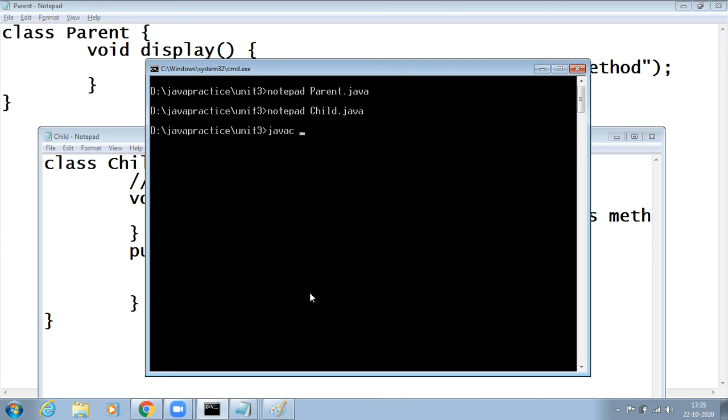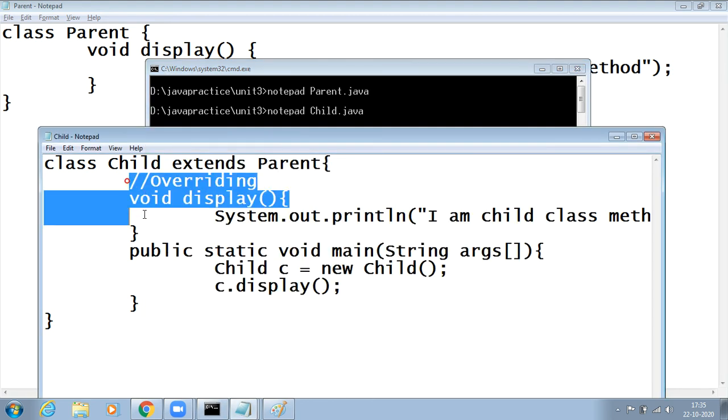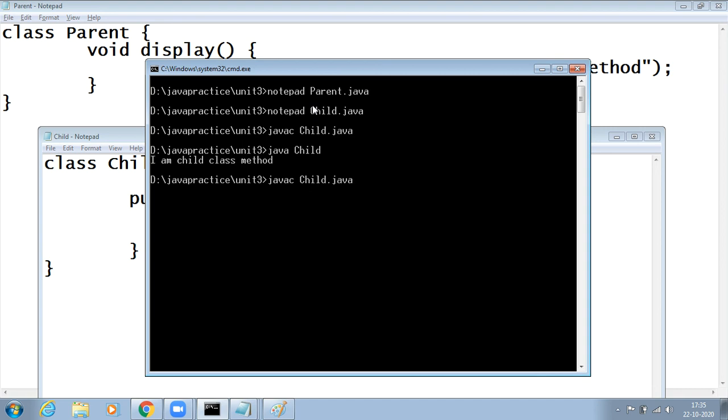javac Child.java and java Child, it will print the child class method. For example, if the child class doesn't have any display method, say if I remove this, then when I say c.display(), the child class will get the parent class data, that is "I am parent class method."